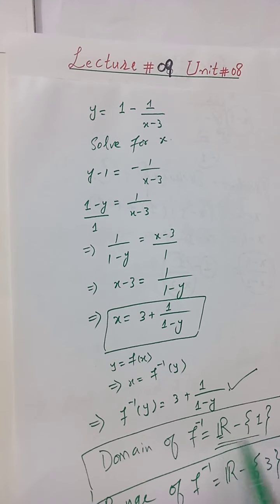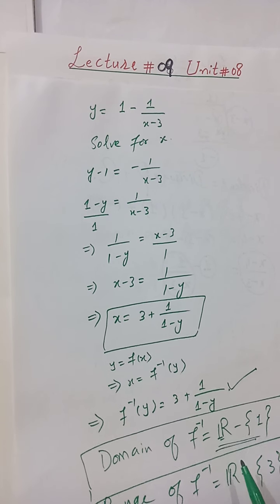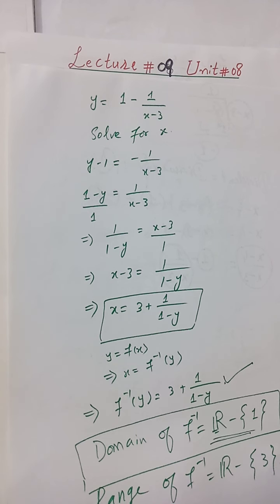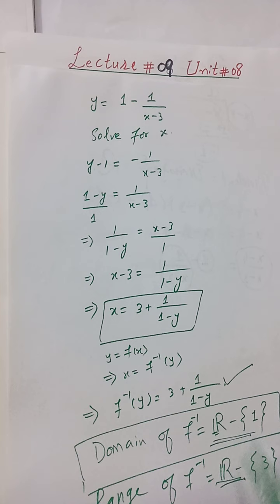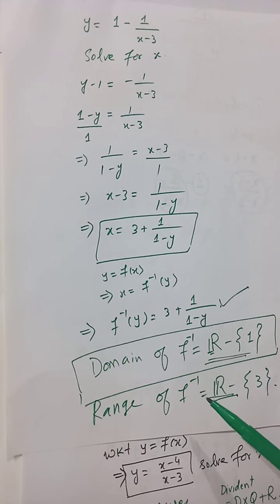You see, this is the domain. So that is the domain of the inverse function. So according to the inverse function that you know, that must be the range of the given function, and the domain of the given original function must be the range of the inverse function. So you clearly see that we find out the domain and range for the original function and for its inverse as well. So this is all about exercise